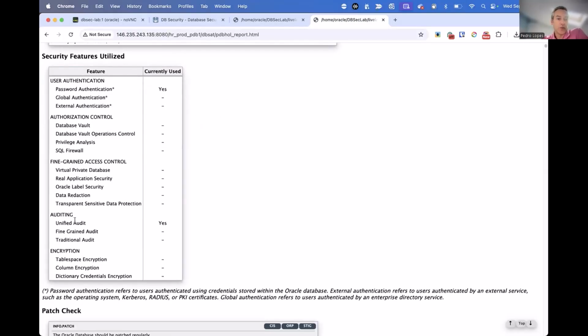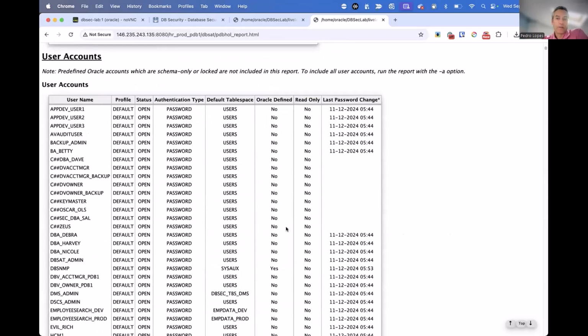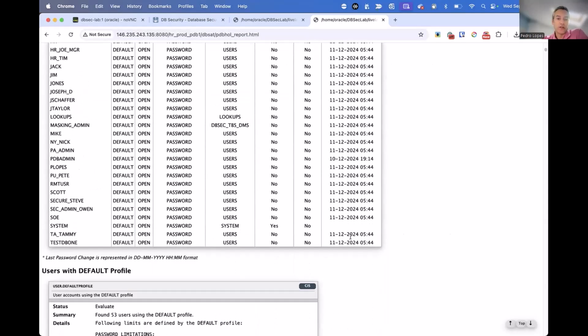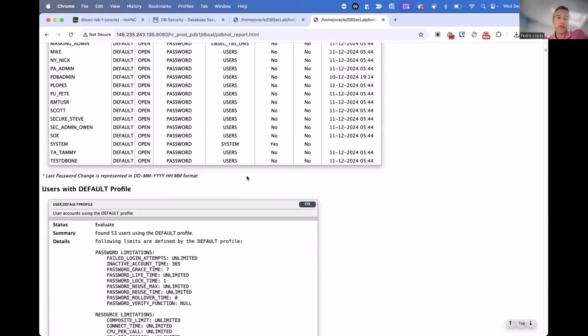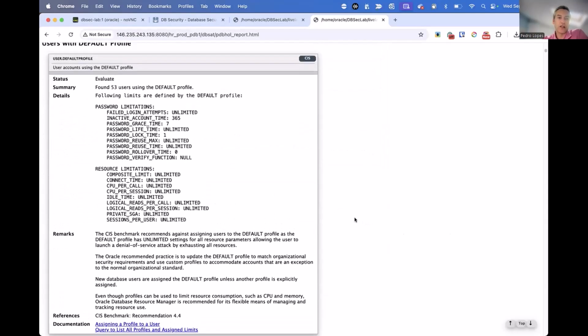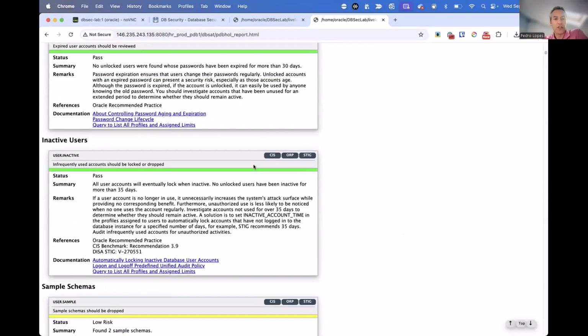Features utilized, we did some revamping here. The CVEs, as you can see here, we list these things. We added the last password change here. So some other formats, some other minor improvements that I did not speak about. And some of them, I guess most of them, will be in the release notes. Some of them are not even there. So there are just cosmetic changes. But yeah, so this is DBSAT